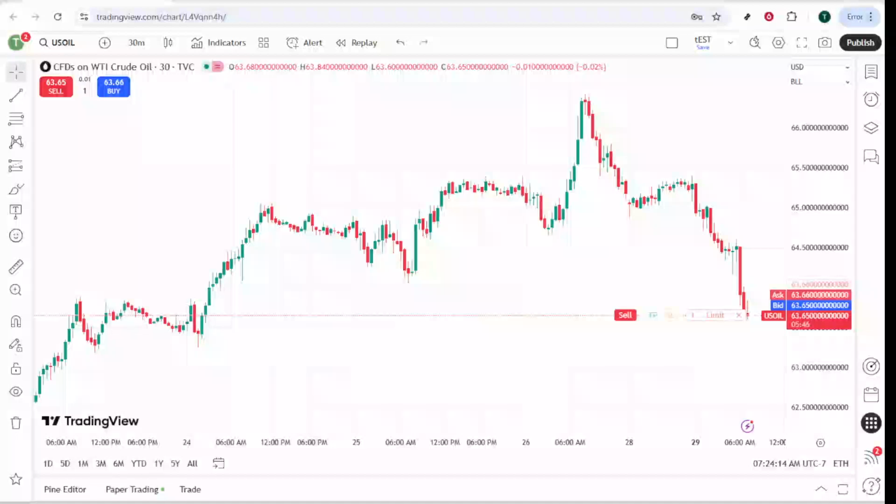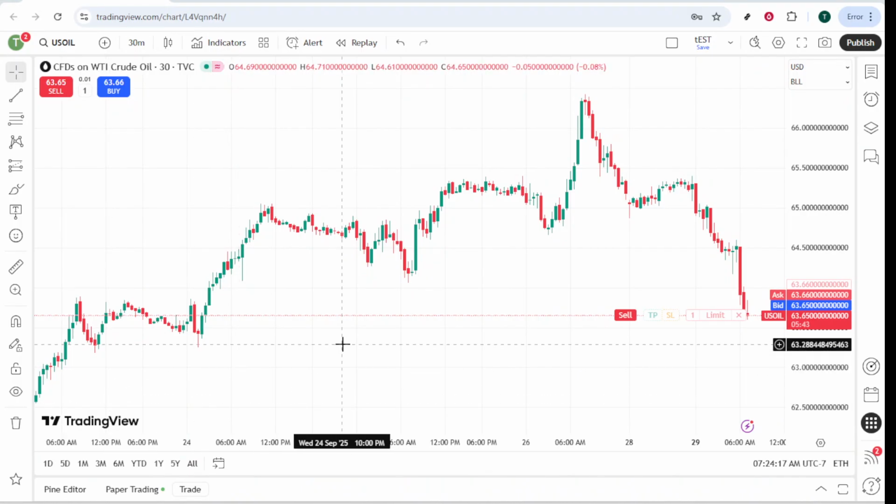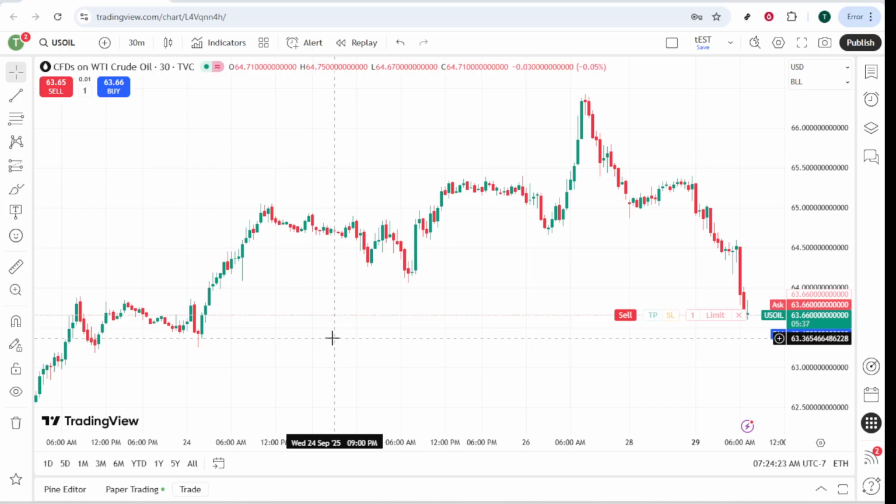In today's video, I'm going to teach you how to place trades on TradingView. We'll take a closer look at connecting a broker or using the paper trading feature for practice, as well as explore some useful tips and tricks for efficient order execution. Whether you're a seasoned trader or just starting out, understanding how to navigate TradingView's features is essential for executing your